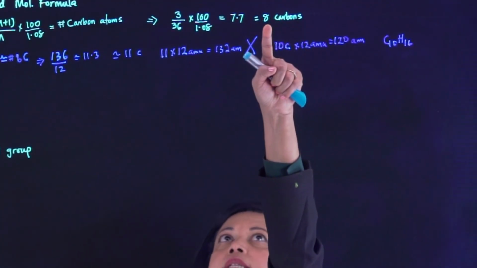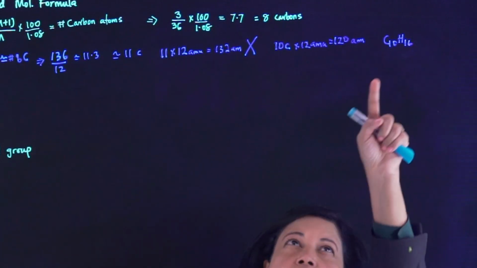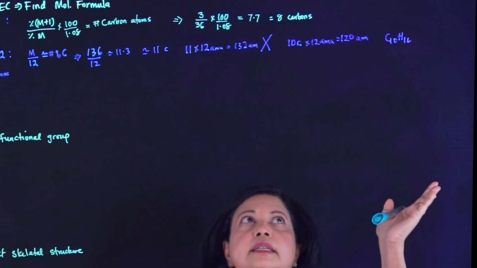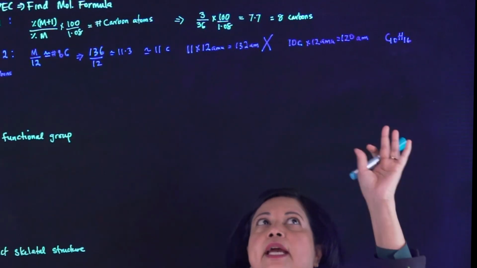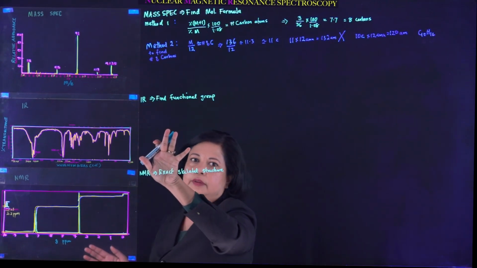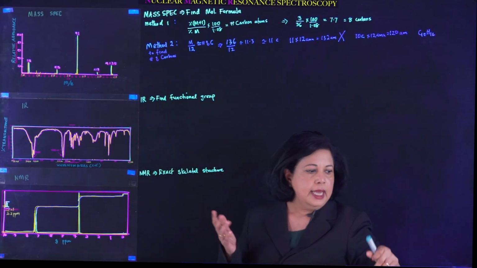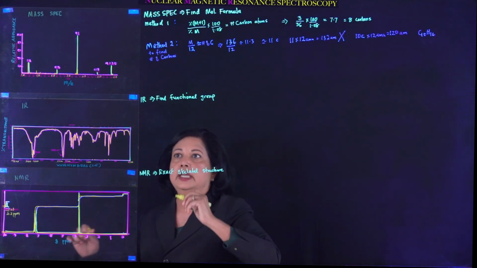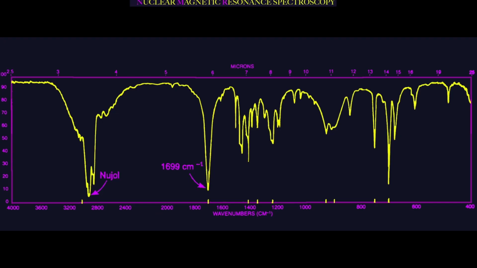Our method 1 says there are 8 carbons. 10 carbons is like 2 carbons more. At this point, we really can't go further. So let's look at the infrared to see if we can find some clues as to what else is in the molecule. Let's take the infrared here. The infrared spectra